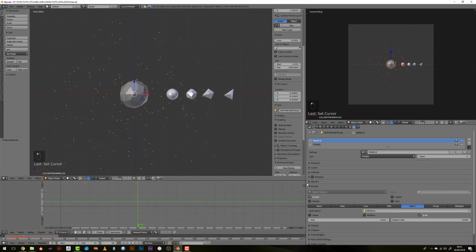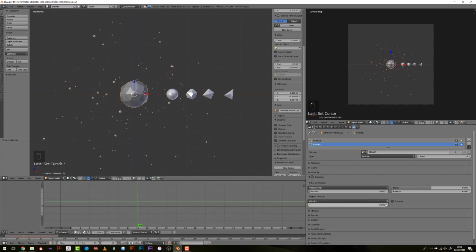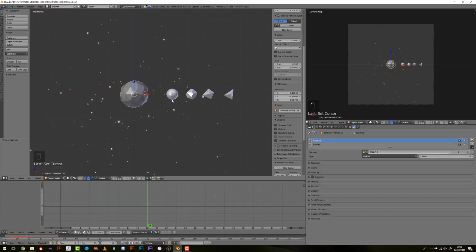Then under render I will set the size for both the sparkle and the stone, and set also a random size for each of them so that we have nice variation. So here just input the value that looks right to you. There is no specific value. I can then revise a bit my velocity, the size of the different elements until I have a visual feedback